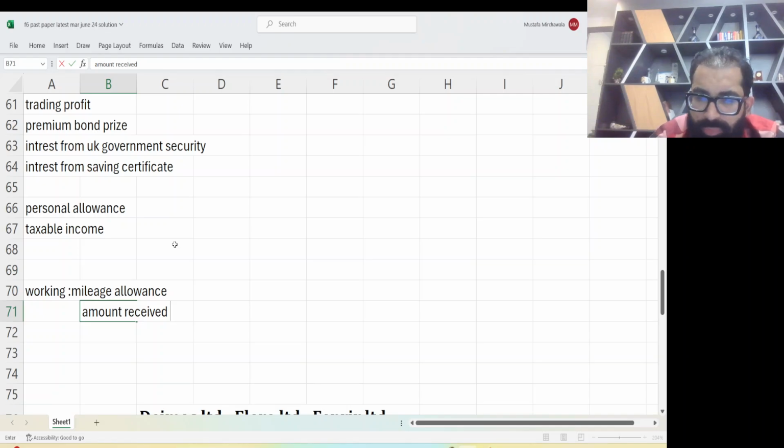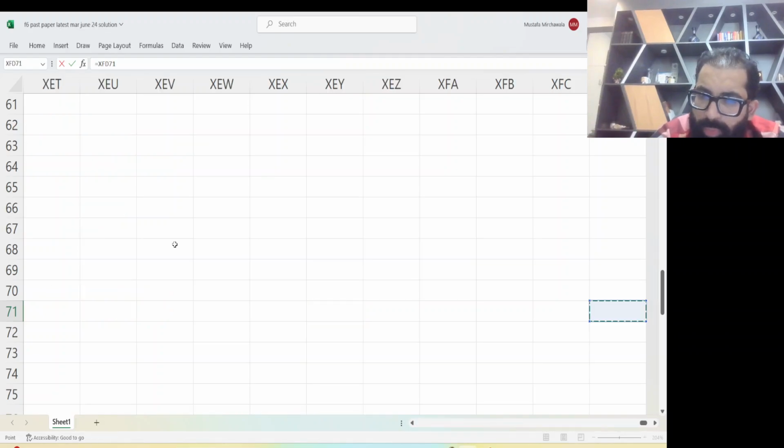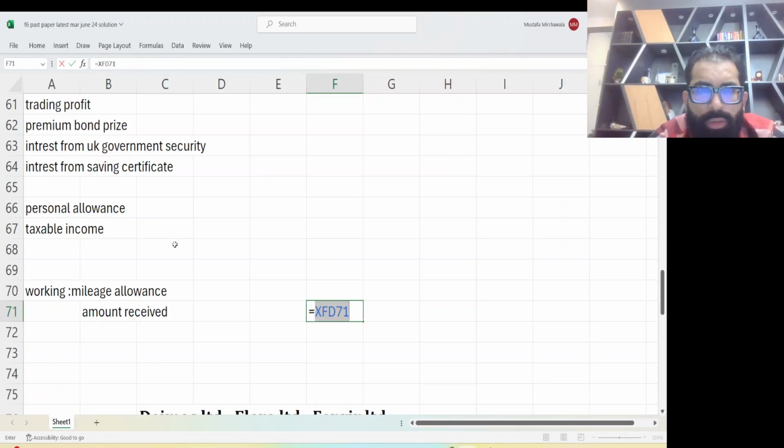Amount received is 16,400. 16,400 multiplied by 0.3 is 4920. Now less